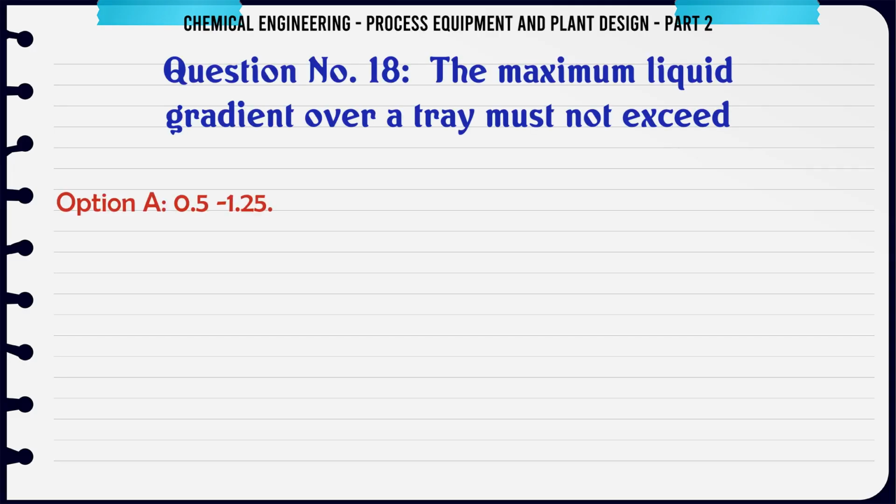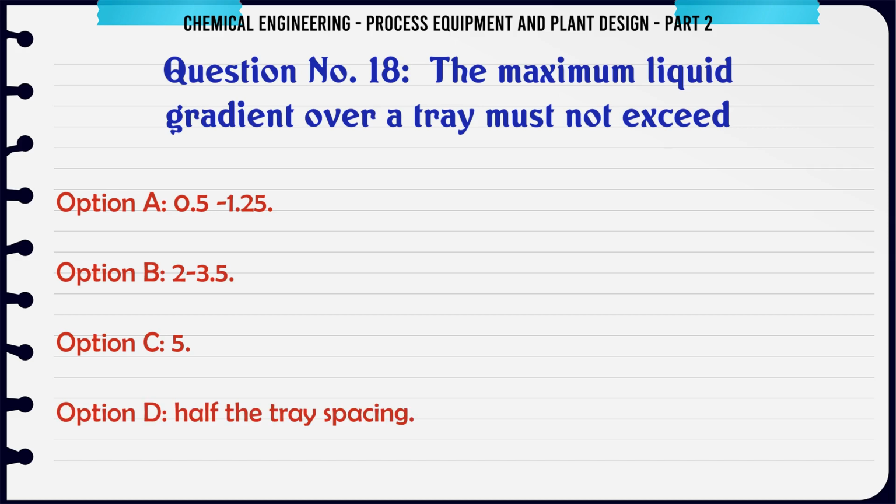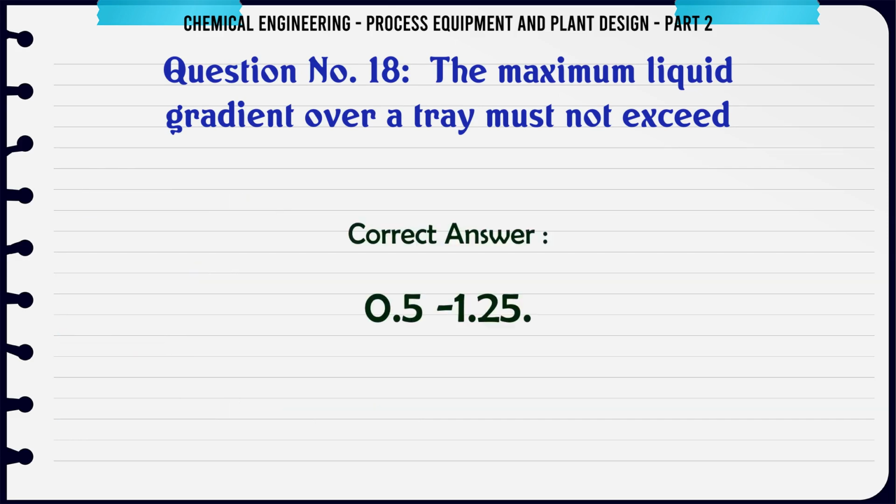The maximum liquid gradient over a tray must not exceed A. 0.51.25. B. 23.5. C. 5. D. Half the tray spacing. The correct answer is